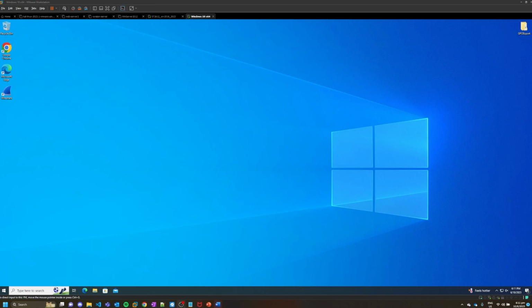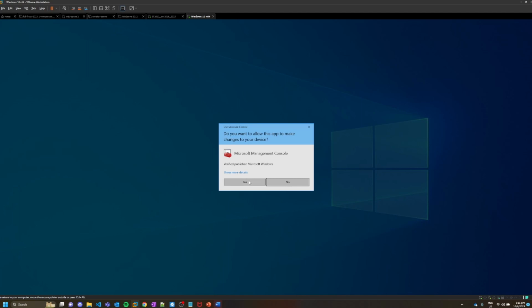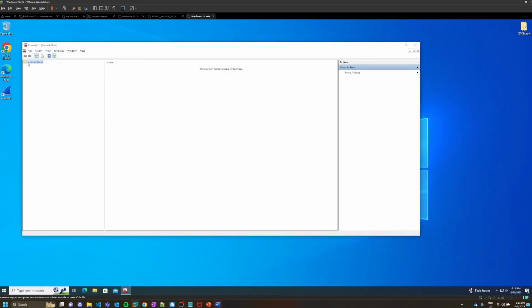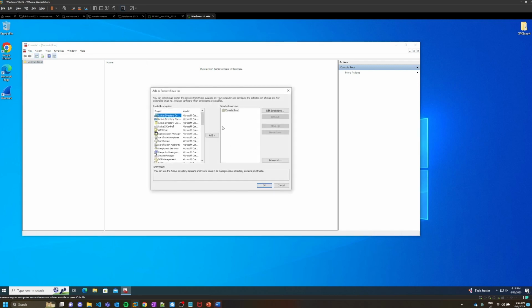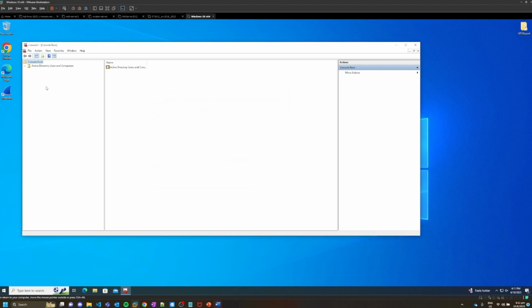After installing RSAT on my Windows 10 client, what we can do is press Windows R and type MMC. This will open up the console. In the console, click on File, click on Add or Remove Snap-in, and click on Active Directory Users and Computers. Click on Add and press OK, and this should pop up. Click the down arrow and you should see my domain name,